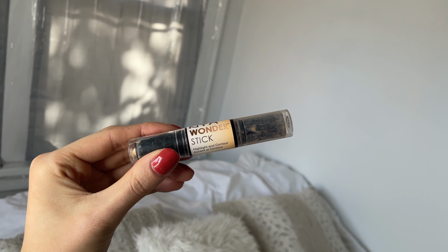Next, I take my NYX Wonderstick Cream Contour. This is in the shade Universal, and this is a highly underrated cream contour. I freaking love it. It's so good, and I've been using it for years. I feel like no one talks about it, but it's really good. So I just put that in my contouring spots, which would be just right underneath the cheekbone to give some definition, underneath the jawline and around my forehead, and just a little bit around my nose,